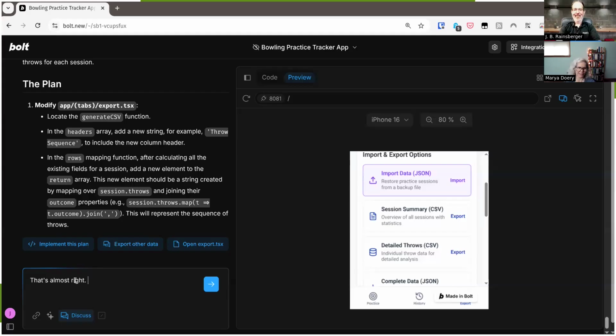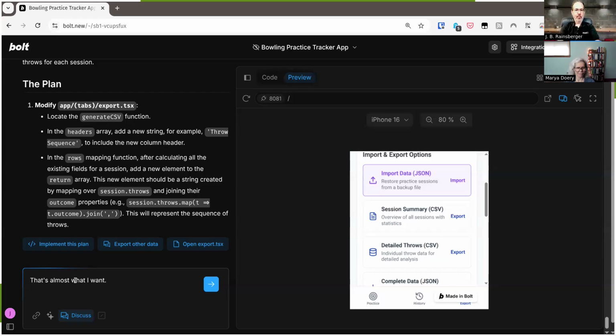But even the non-code part is still using very JavaScripty, functional, programmery language, saying joining their outcome properties, as opposed to articulating that in a way that a non-programmer would understand. So that's almost what I want.